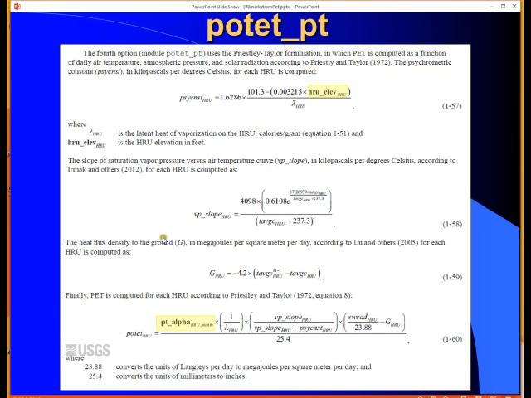There's a bunch of equations computing the different terms. The fundamental equation is down here, 1-60. And you can see there are 2 parameters you need to provide: the elevation and this Priestley-Taylor alpha. Latent heat of vaporization, I had the equation for computing that in the previous one. Again, solar radiation, and then we're computing this saturation vapor pressure slope, and that depends on temperature, and temperature in here for this heat flux to the ground.